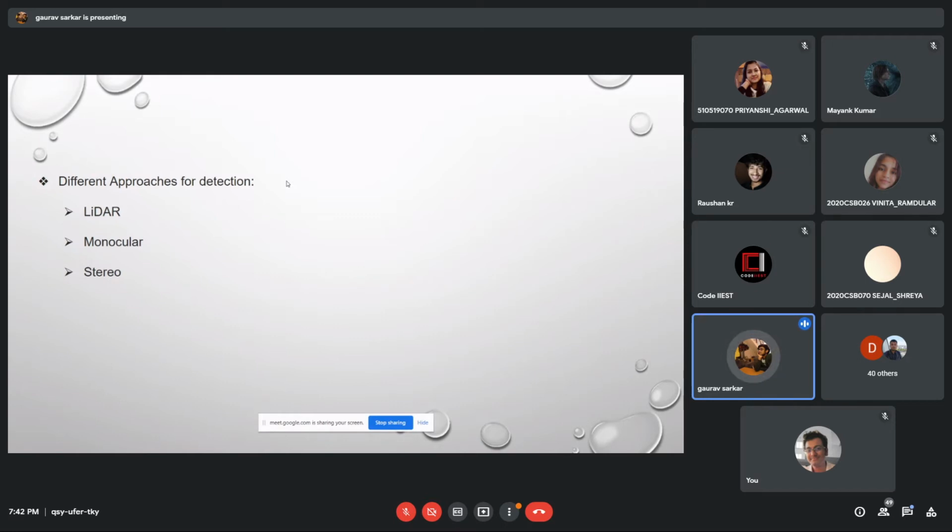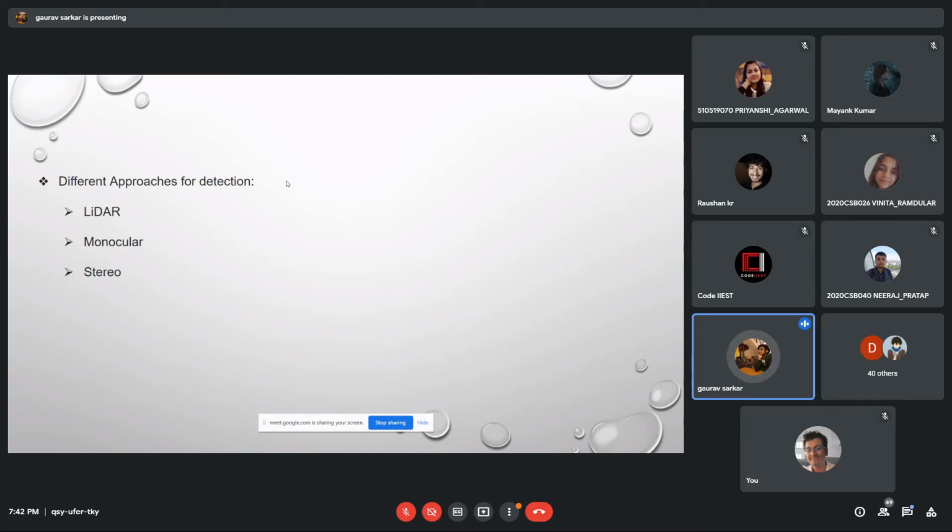So what's LiDAR? LiDAR is like your sonar. In case of sonar, you are detecting undersea objects, right? Similarly, in case of LiDAR, you are fitting a radar at the back or at the front of your car, and using that radar, you are able to detect if there are nearby cars around you, like that detection system that gives an alert if you are violating some rules. Like that kind of alert is given in this case. In the case of LiDAR, it's a radar based system. Okay, and the efficiency of this LiDAR based approach is very good.